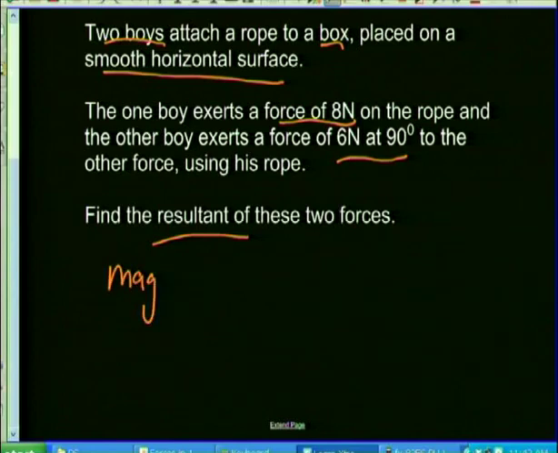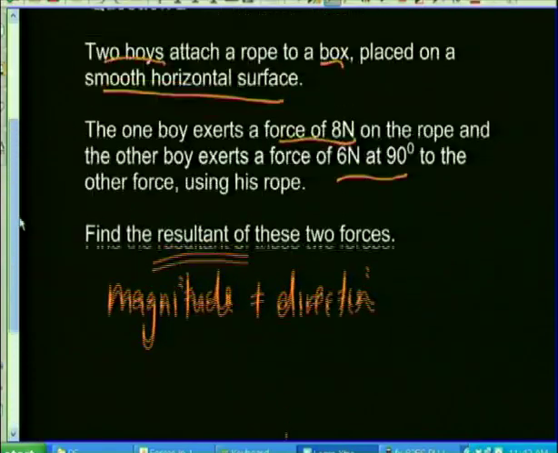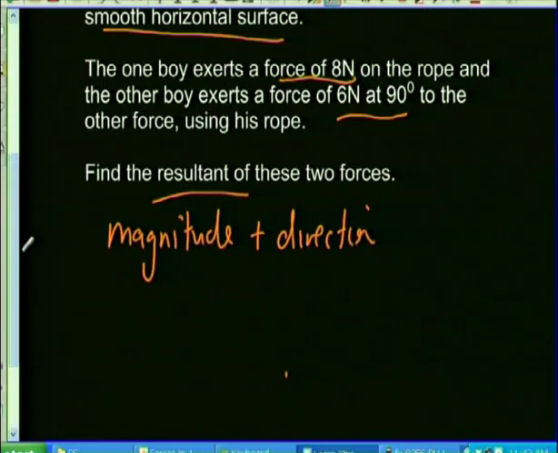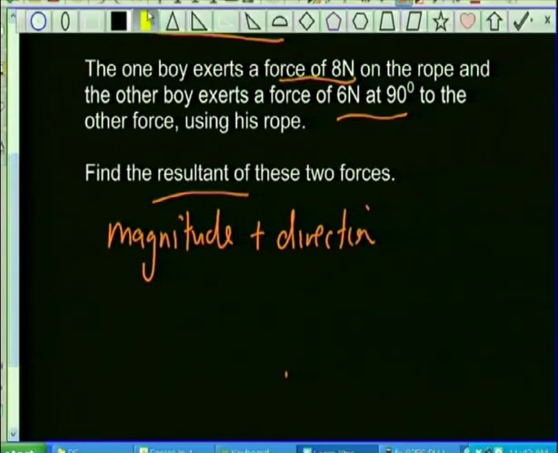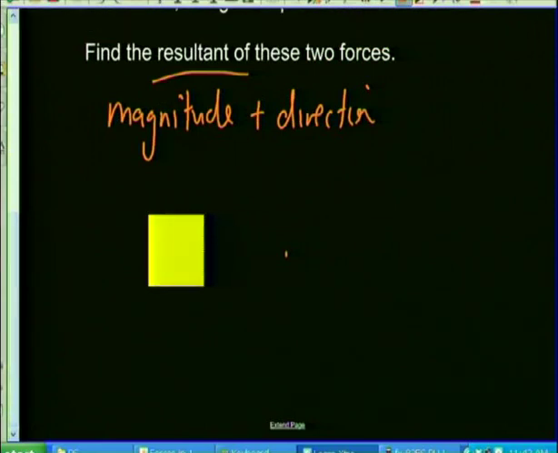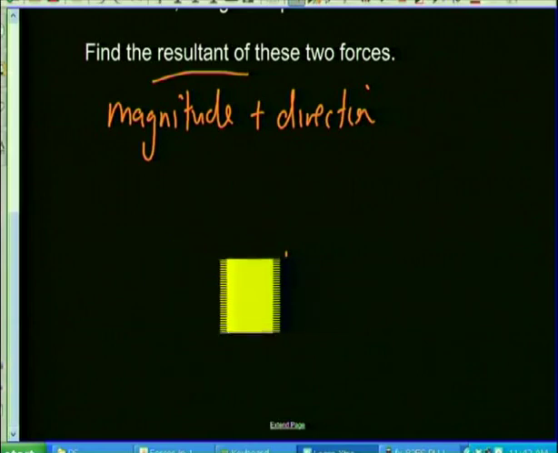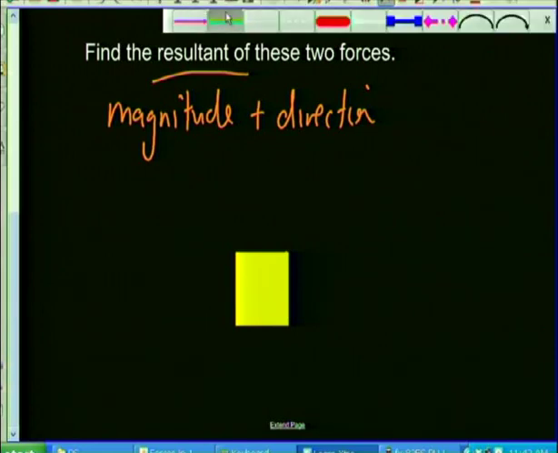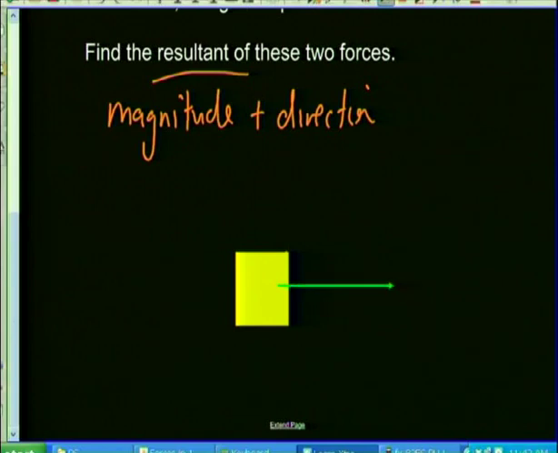Now, when it says find the resultant, you must remember you've got to find both the magnitude and direction. Now, I don't know about you, but I'm a little not so sure what all these words mean. So I like to draw a picture. I'm going to see if we can find a box and put the box in. So there's my box. And what I'm recognizing is it doesn't tell me in which direction it is, whether it's north, south, east, or west, but it tells me that if I've got the one force acting in that direction, then the other force